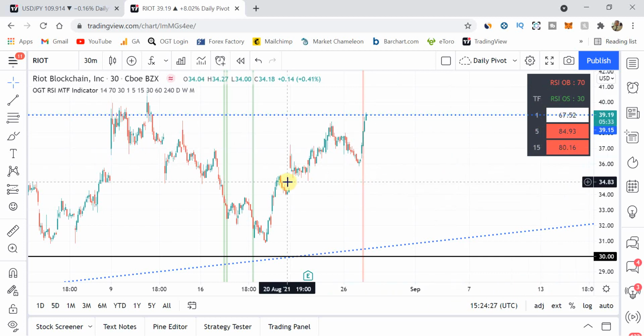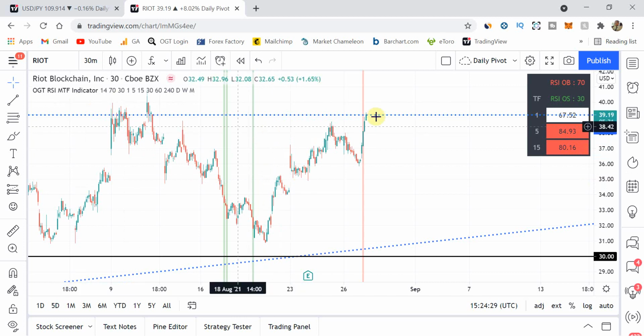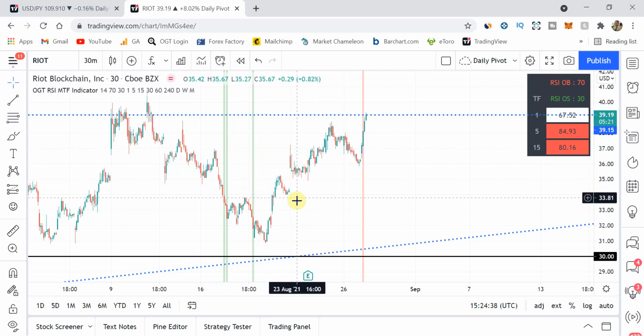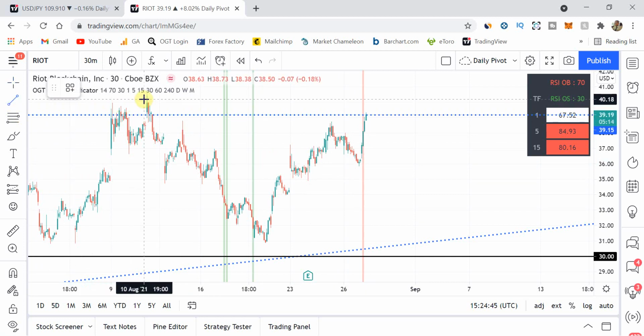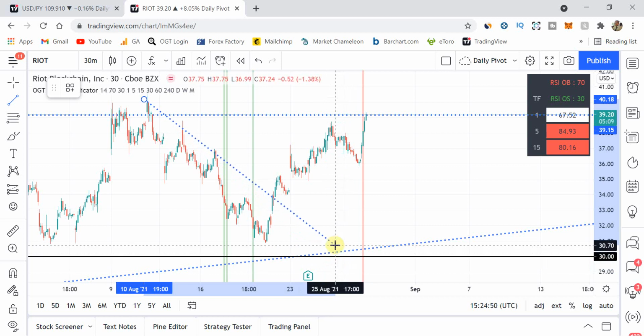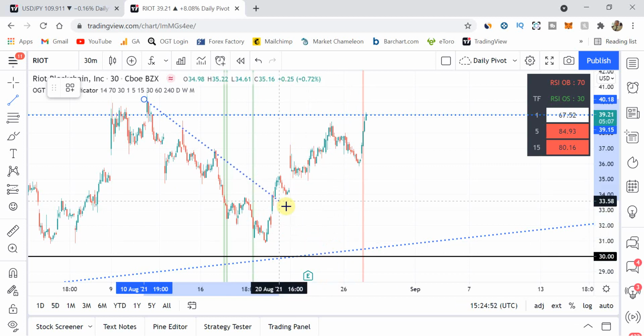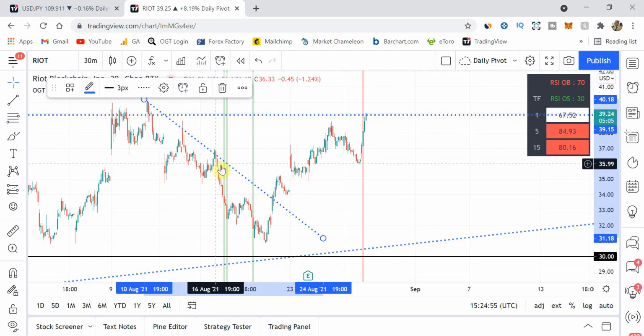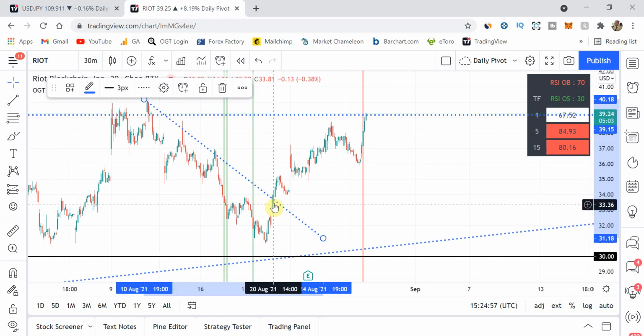And what you can see over here in this price action, we've had 3 oversold signals on here, and then eventually we had that push up to the upside. One of the ways I like to use this indicator is by defining a trend. Let's just grab the trend over there, and then when we get these signals, we're looking for a break of the trend to confirm that it's a